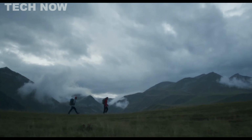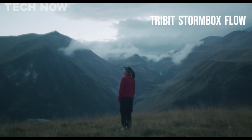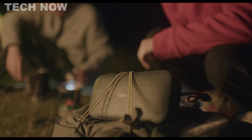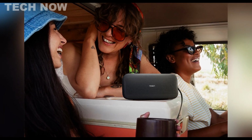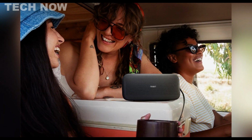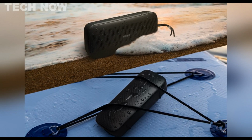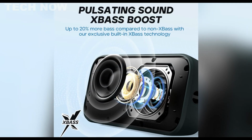The Tribit StormBox Flow stands out as a powerhouse in the portable speaker market, seamlessly blending rugged design, advanced technology, and impressive performance. This compact yet robust speaker is specifically crafted for outdoor adventures, making it a reliable companion for beach trips or travel. The StormBox Flow takes the audio experience to new heights with its pulsating sound, offering distinct